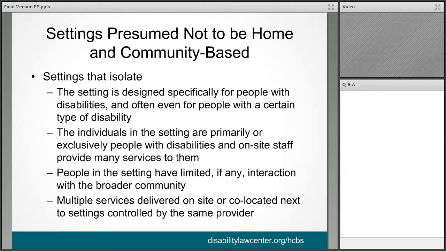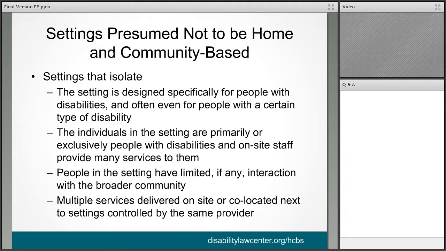So first of all, the setting is designed specifically for people with disabilities and often even for people with a certain type of disability. So this might be a setting that is specifically designed for people with one type of disability, like a program for people with autism or a program that is solely for people with physical disabilities. Second, the individuals in the setting are primarily or exclusively people with